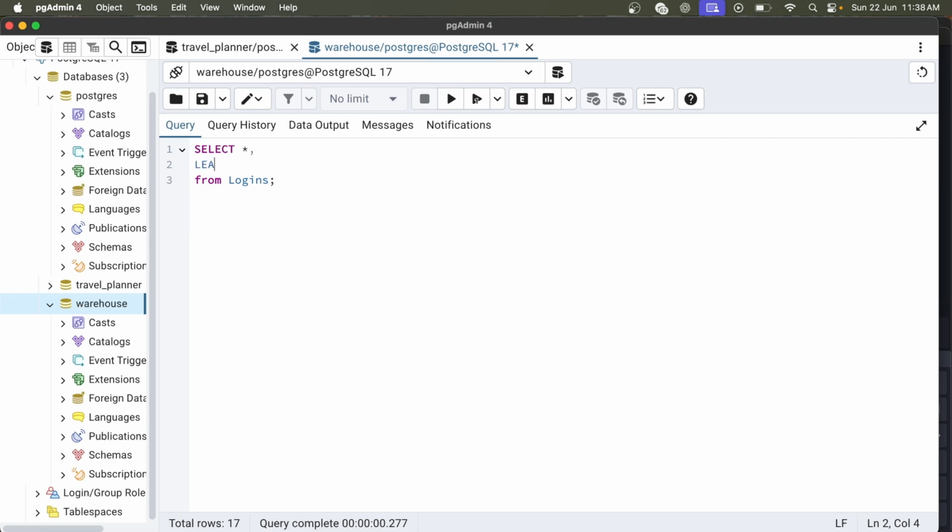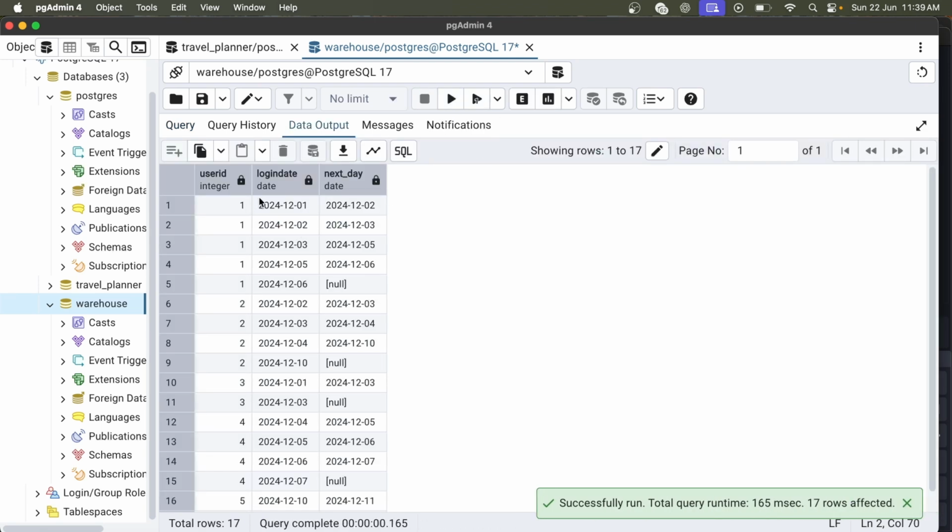I'll go with the lead. I'll try to see the next day. So lead on top of what? Login date. Then I'll use an over clause, partition by user ID and order by, what will be the order by? Order by will be login date. Let's name it as next day. Let's execute this one. So what you can see, the next day for 1 is 2, for 2 is 3,